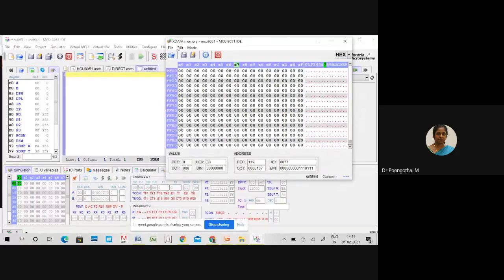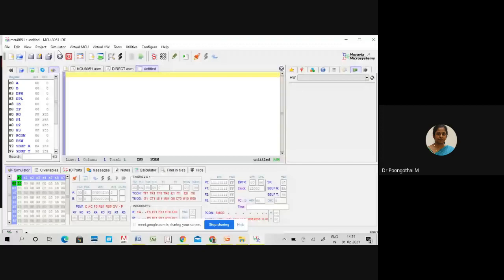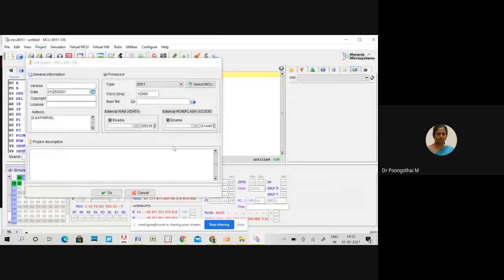Before accessing that, you have to ensure, go to your project, edit project, and check that these two memories are enabled. You have to enable your external data memory and also external code memory, to access both the code as well as your data memory window.